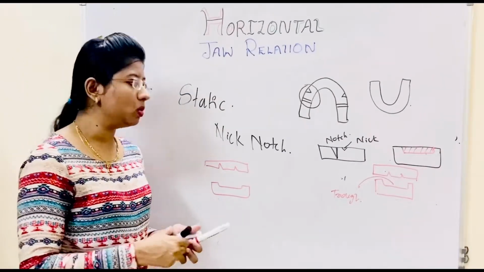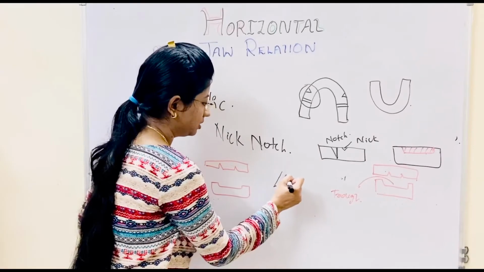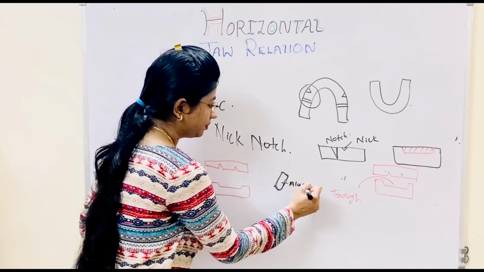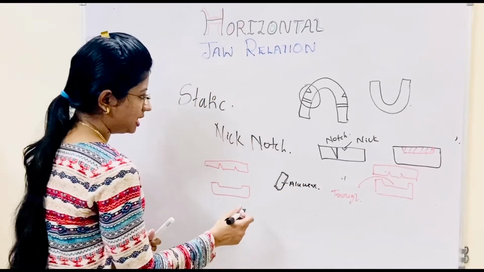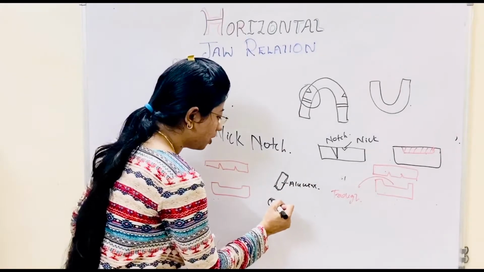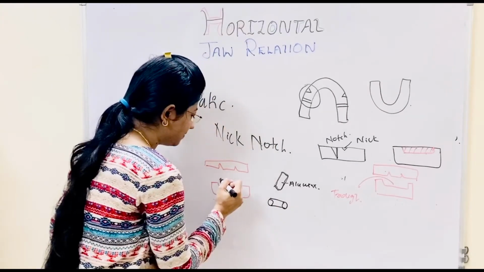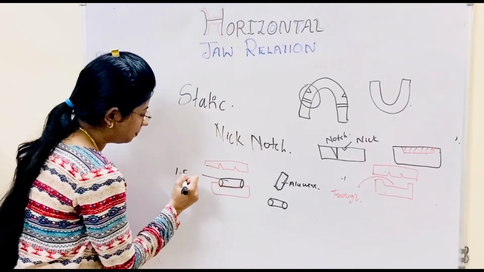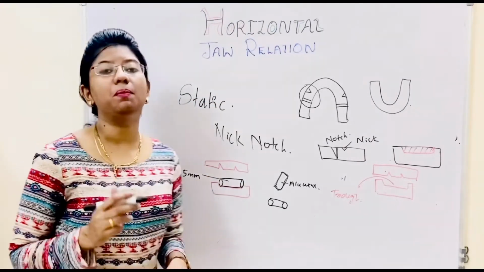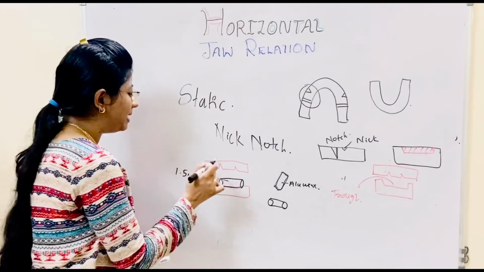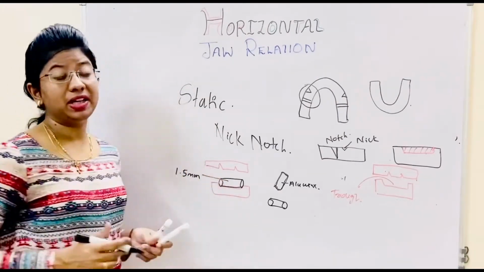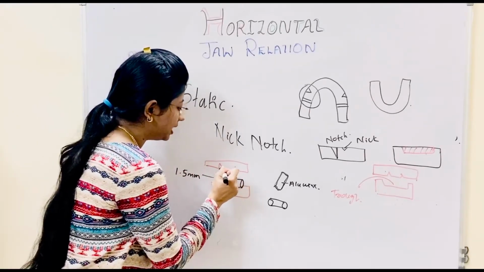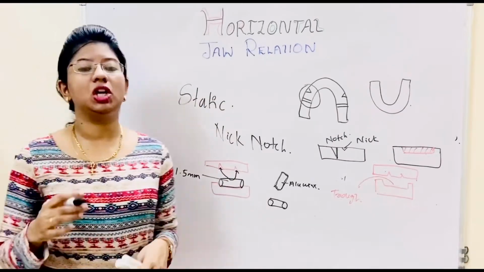Now what I will do, I'll take a soft wax. So if this is a strip of soft wax, that is alu wax I have used, I'll soften it. Then I'll make a roll of this wax and place it in this region. So basically it is about 1.5 mm above the occlusal portion of the mandibular rim. After placing it in the softened condition, we ask the patient to bite. What will happen? This wax will go inside the nick as well as the notch.